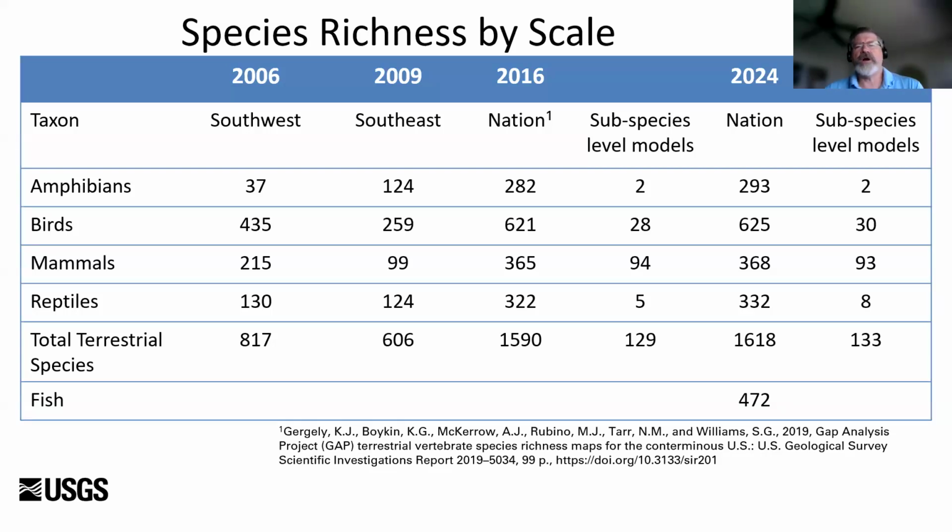So we are currently trying to model about 618 species across the nation. The 2016 effort that we did, when we finished that, we did 1,590. As you can see over to the left of this, the regional aspects were a little easier. We had a lot fewer species, and as we expand our reach, we had to include a lot more species, and it just took a lot more time.